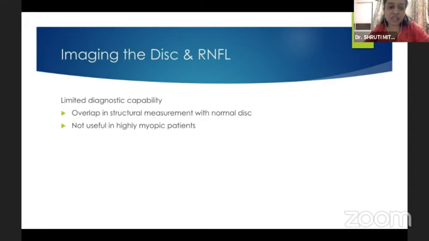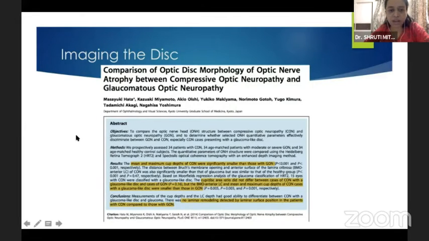Imaging in these cases has a limited role from my knowledge, although Dr. Rupak Roy will further highlight this. Basically, there's an overlap in structural measurements, and it may not be very useful in myopic patients due to the presence of artifacts. There have been a few papers on this, and this was one study which compared the optic nerve morphology in compressive and glaucomatous optic neuropathy, and they noted that there is no laminar remodeling detected in patients